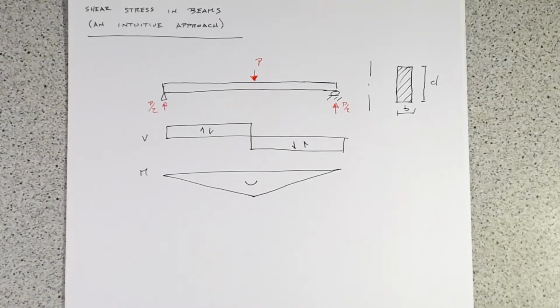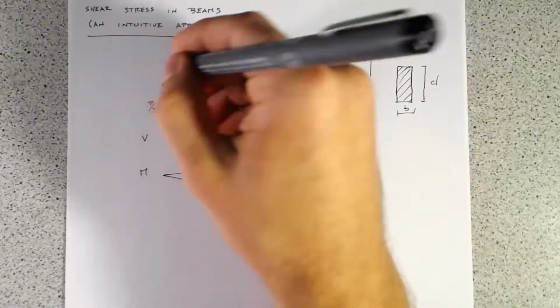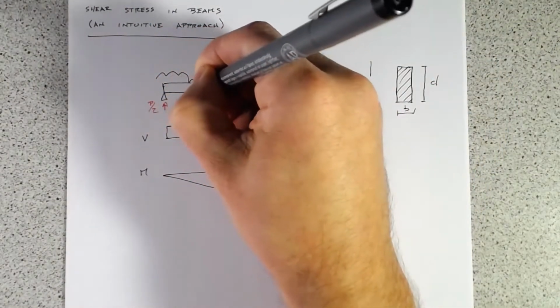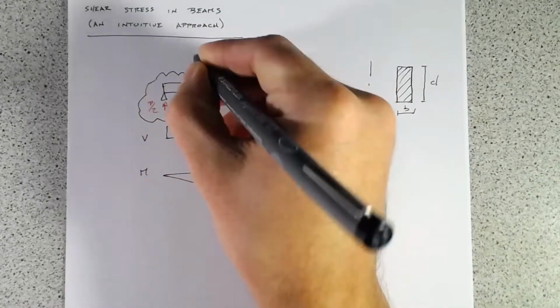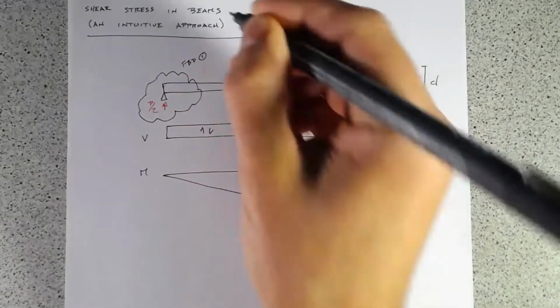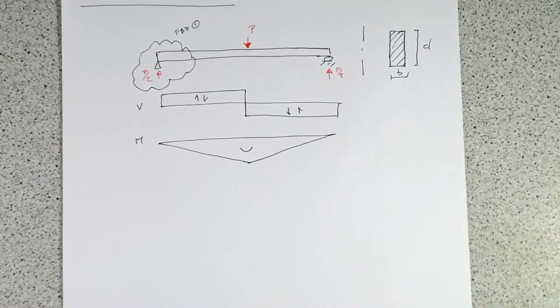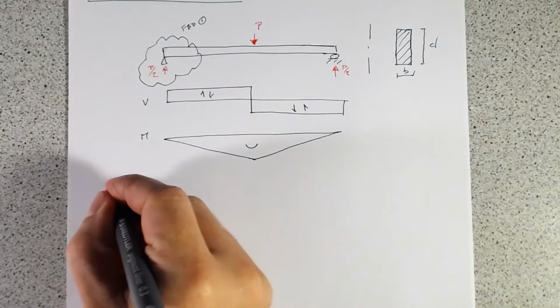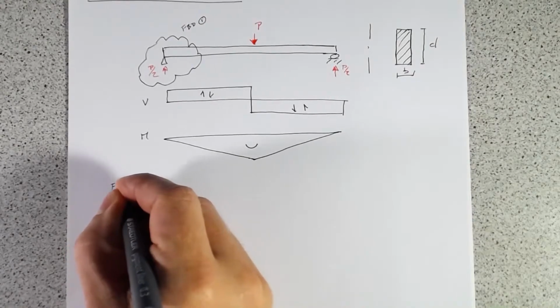And always a great way to start whenever we're trying to understand a structures problem is to draw a free body diagram. And so we'll do just that. So let's take a free body diagram over by this support. We'll call that free body diagram 1. And we'll just draw that down here. So FBD 1,